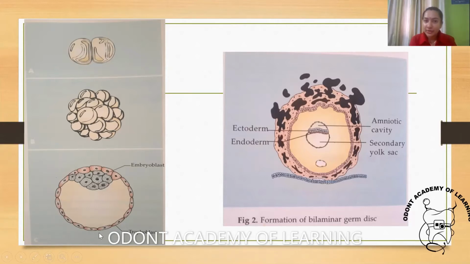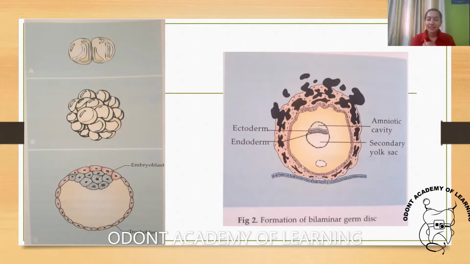Now this particular structure consists of embryoblast and trophoblast. The outer layer is the trophoblast, and you can see how well the cells are aligned in the trophoblast. The cluster of cells here is known as the embryoblast. This entire unit is known as a blastocyst. So when fluid seeps into the morula, it leads to the formation of the blastocyst.